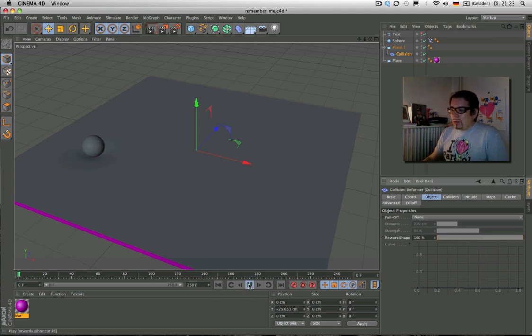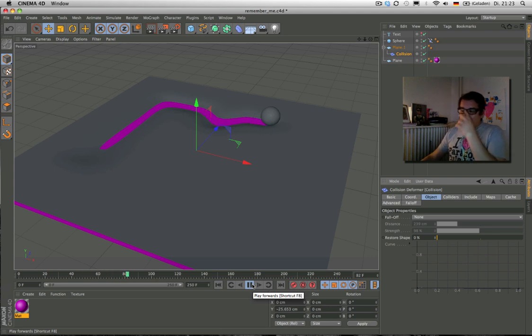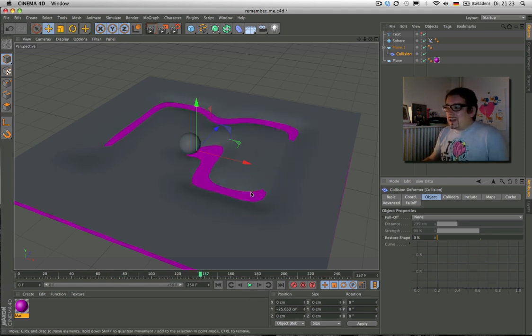Okay, you can do something. This is a normal way, yeah. The sphere collides with the ground, but when you choose restore shape to 0, the collision deformer remembers what the sphere did. Yeah. Okay. It's great. It's nice stuff to play with, and there is a second thing I like to show you, because I use this